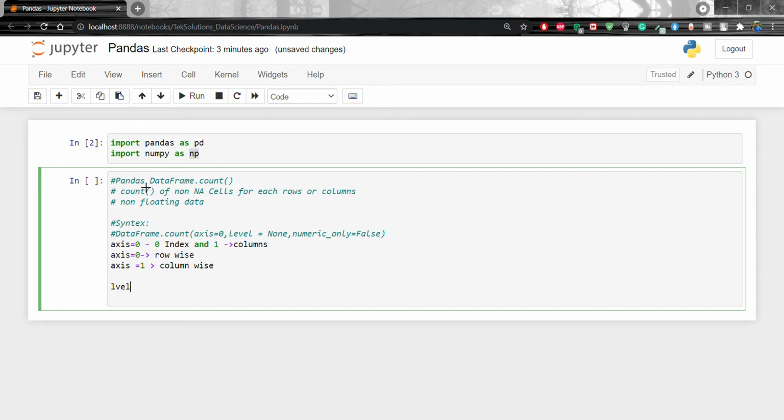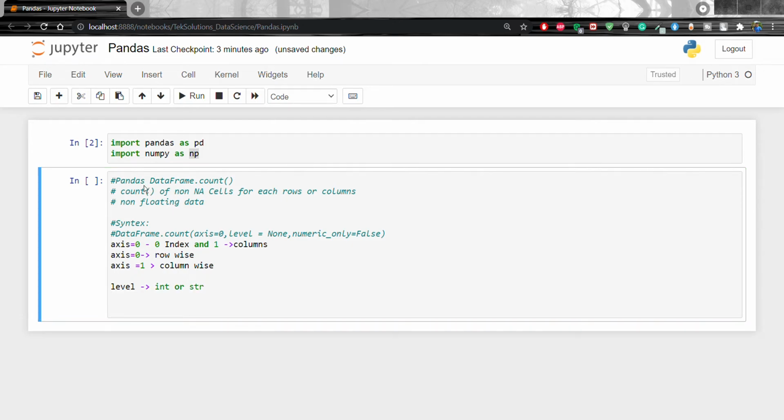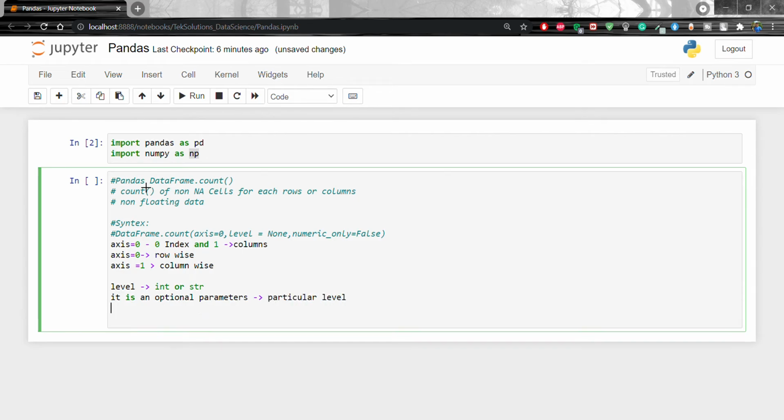Now we'll go with level. Level is an integer or string. It is an optional parameter. If an axis is hierarchical, then it counts along with the particular level.